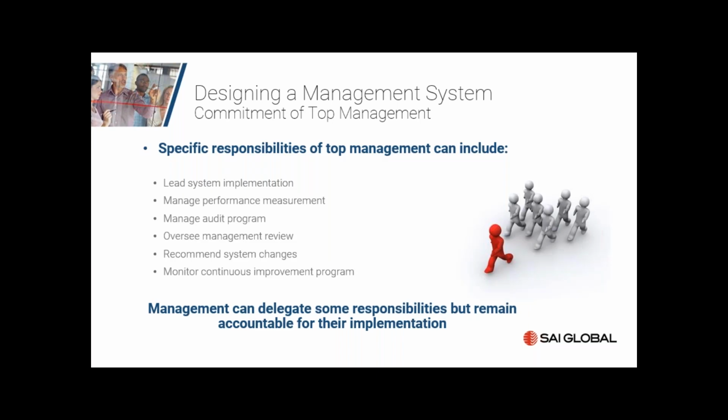Like I mentioned previously, top management has a critical role in the implementation and success of a management system. To fulfil their responsibilities, top management must have their awareness raised regarding the benefits of implementing a management system, financial and operational benefits. The dangers of not implementing a management system, failing to meet the compliance obligations is a big one. What current issues there may be, the cost of services, the cost of implementing, and issues around damaging perhaps the organisation's reputation if things aren't done correctly.